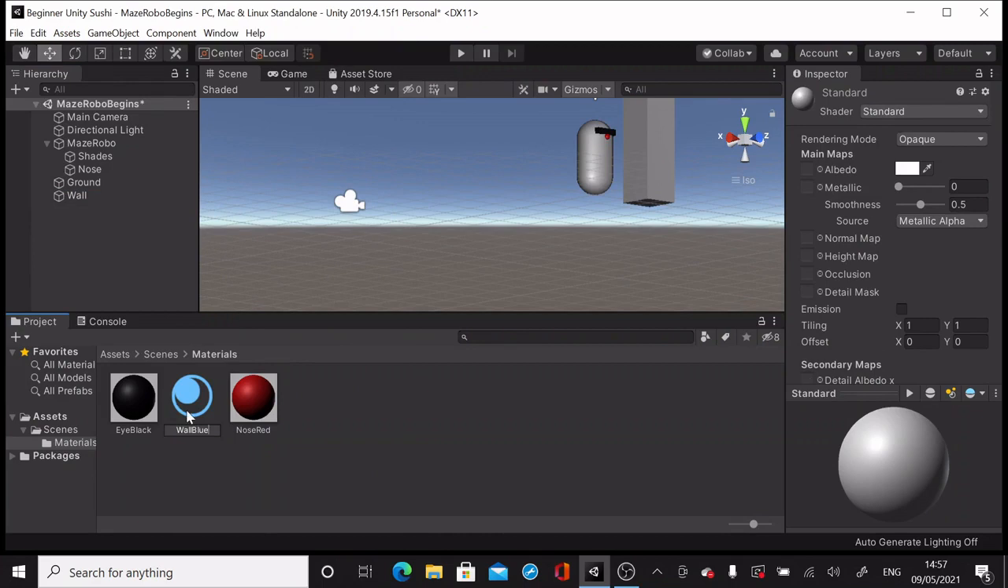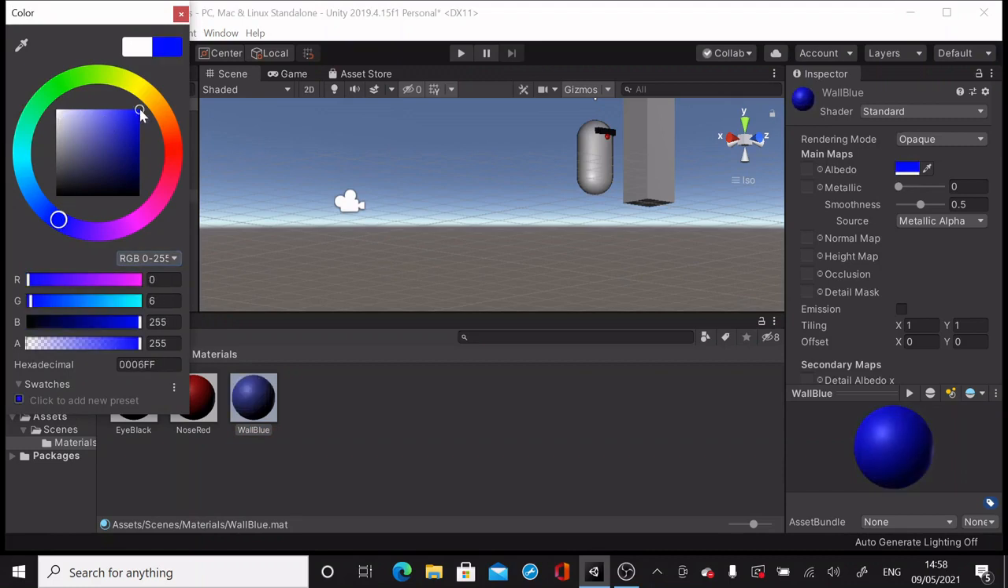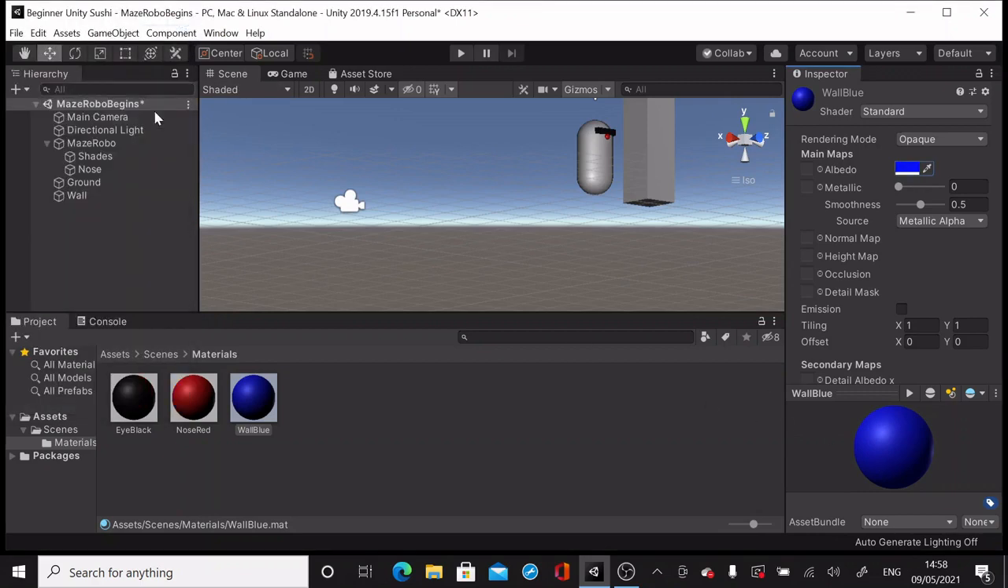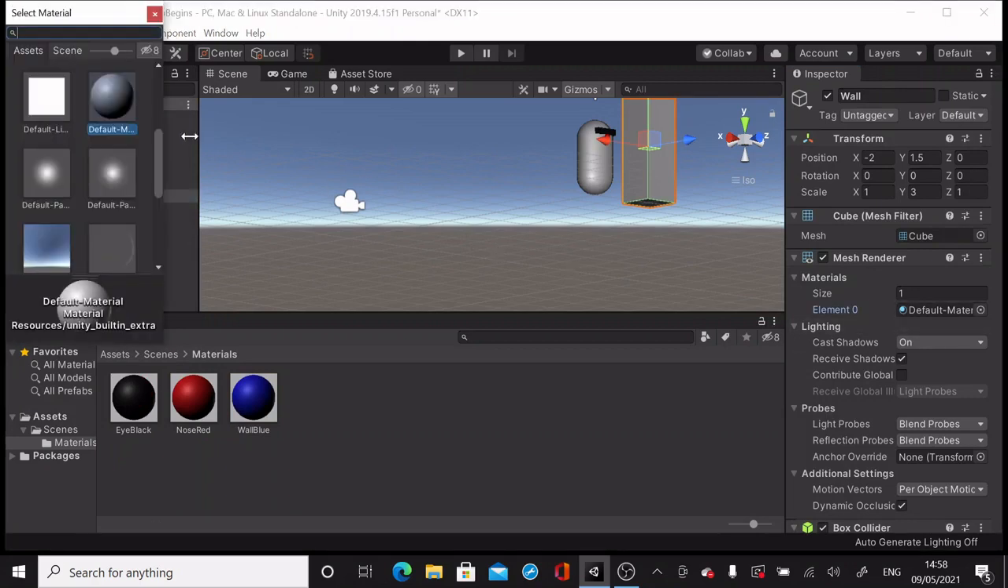And then make sure that wall blue is selected down in the materials section, and look over into the inspector on the right hand side to the albedo. Again, left click on the white rectangle to pull up the color palette and choose a nice blue color to color in your wall. And then to finish coloring your wall blue, select wall in the hierarchy, left click on